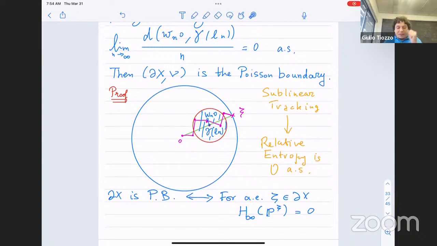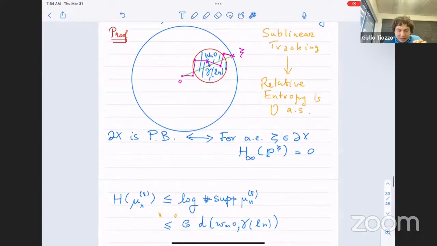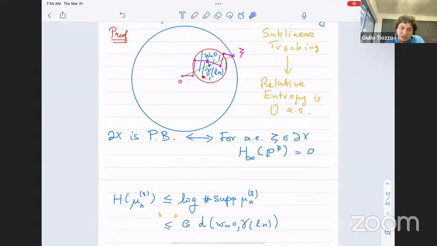Okay, but now geometrically you could see, if the action is not too non-proper, so it's proper, and also in a ball of radius r, there are at most an exponential number of points in the group orbit, then we can estimate the entropy. You can do it more precisely, but I'm slightly cheating, giving you some sketch, but basically what happens is this. So you fix this point psi, and you want to look at what are all the possible locations of the walk.